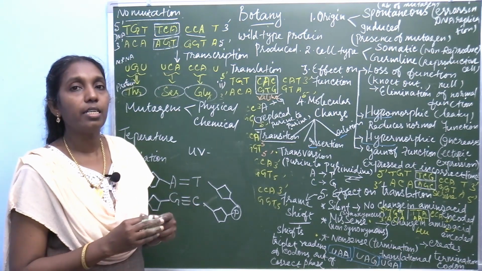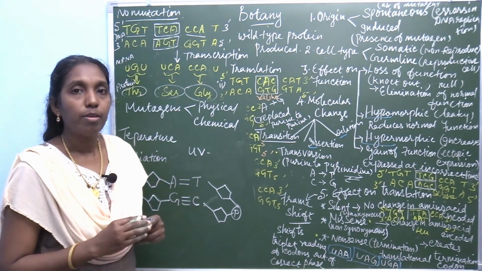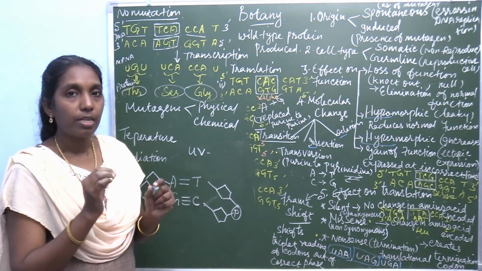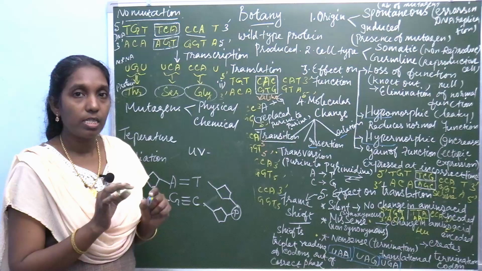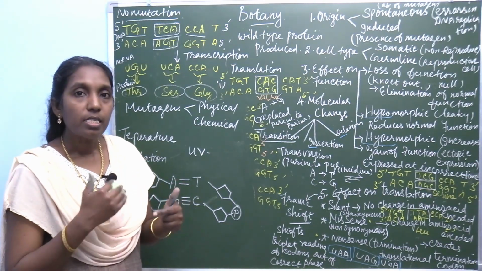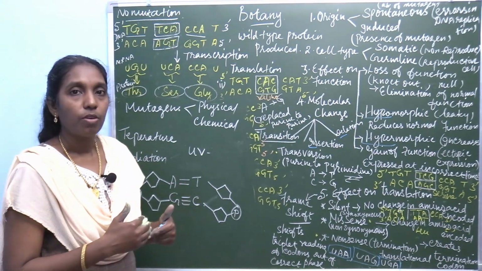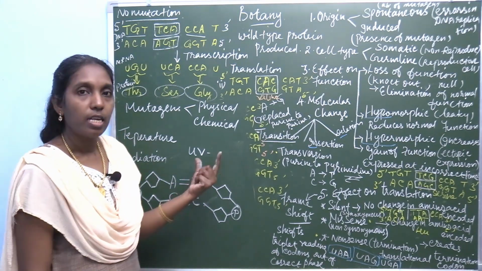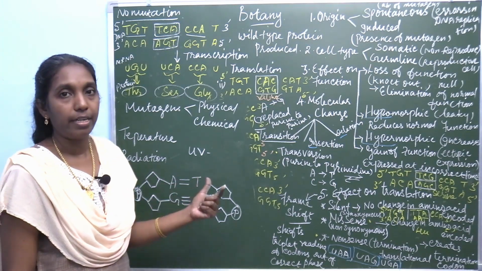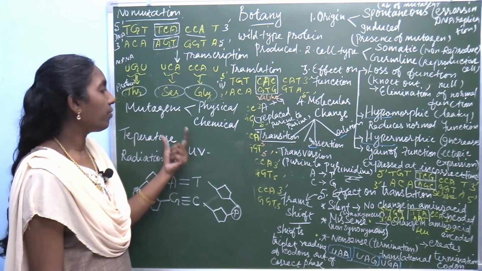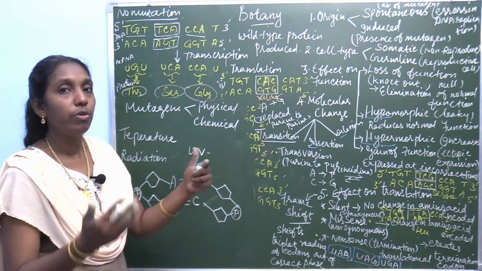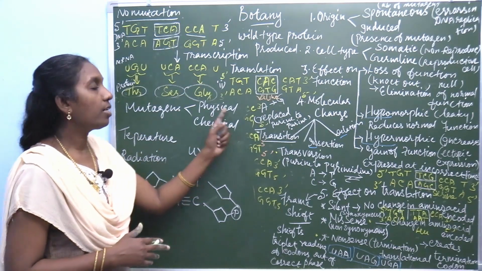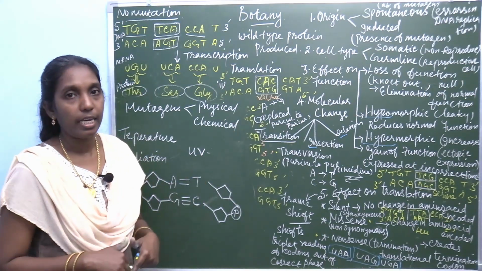Ionizing radiations have short wavelength but high energy, but ultraviolet radiations have long wavelength but low energy. So they penetrate lower forms of organisms, microorganisms, pollen grains and spores, and affect the nucleus present at the surface. Radiations are thus physical mutagenic agents, and when mutation occurs due to these agents, they are physical mutagenic agents.